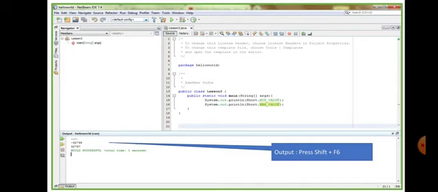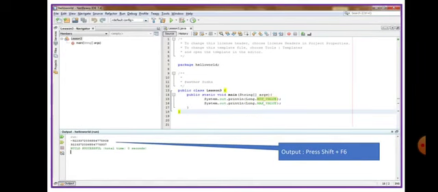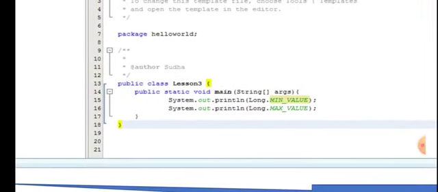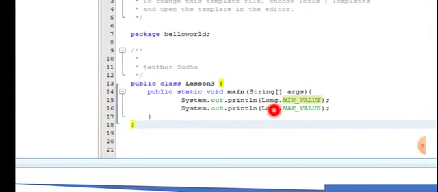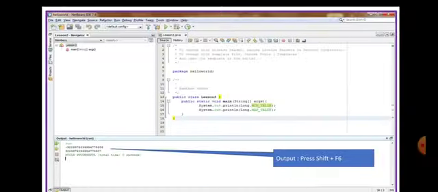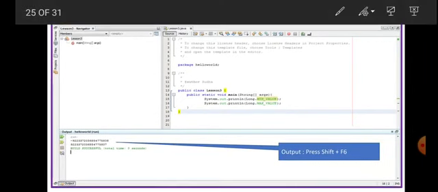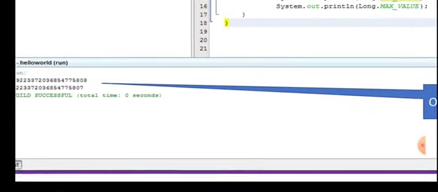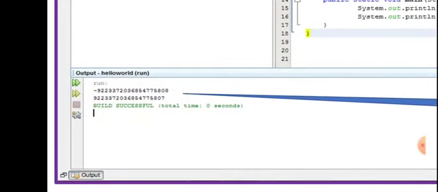Now we have seen it for the data type called short. We will see it for others as well. Now here I am checking it for long. As you can see, long is given over here, MIN_VALUE, long, MAX_VALUE, and after selecting this print, Shift plus F6 and getting the minimum value. Again, you don't have to learn by heart,